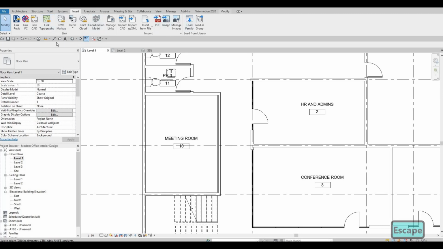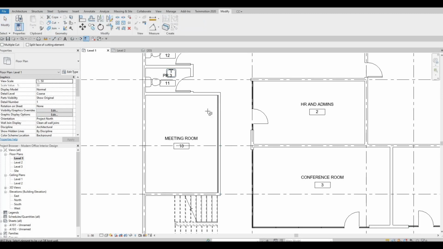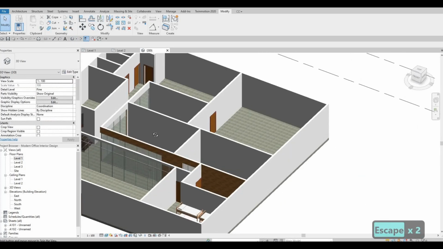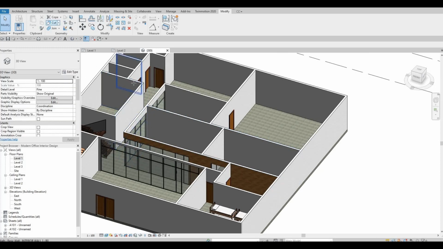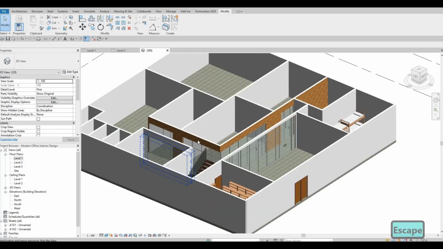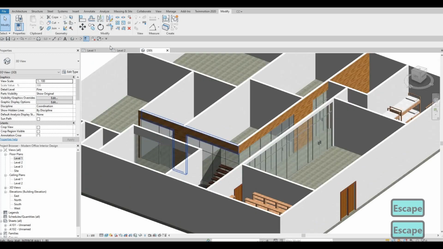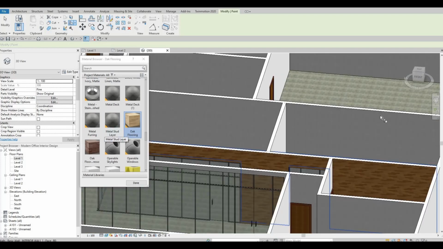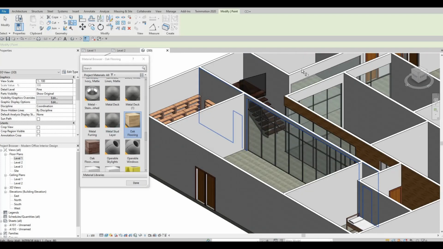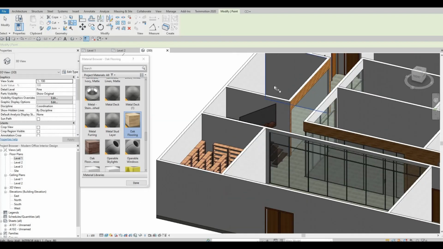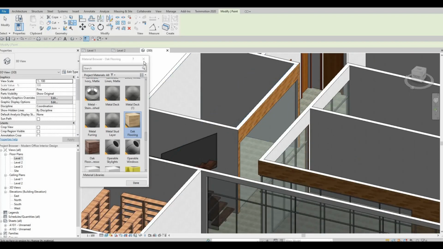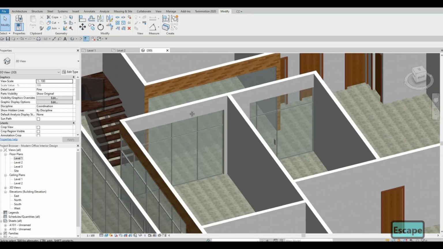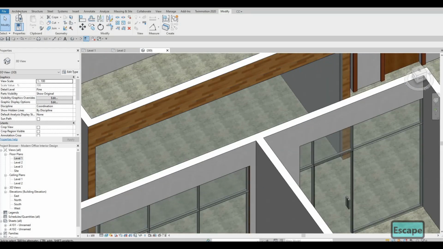And then after that, go to modify and then cut geometry. And then if we look at 3D, so cut geometry right about here. And then here, we could use the same paint. So click on paint and then oak flooring. And then let's click on the oak flooring right there. After this, what we could do is we could add in